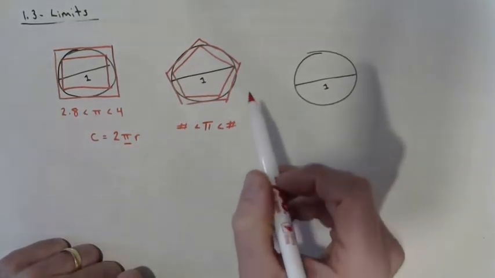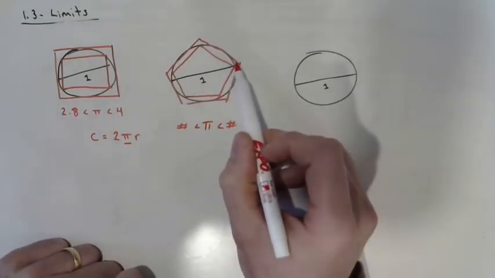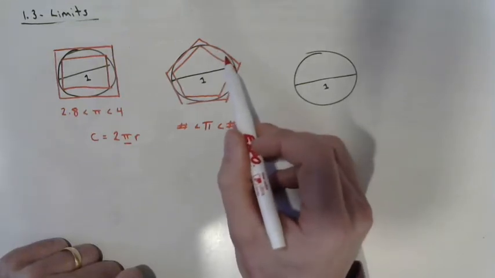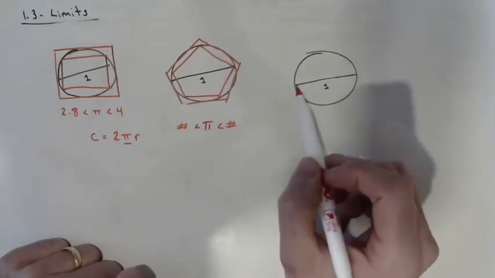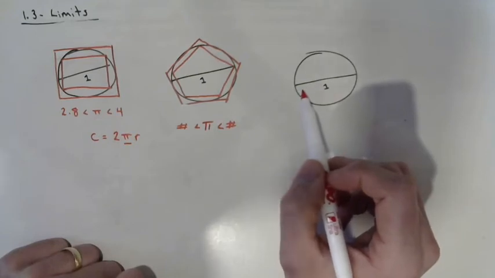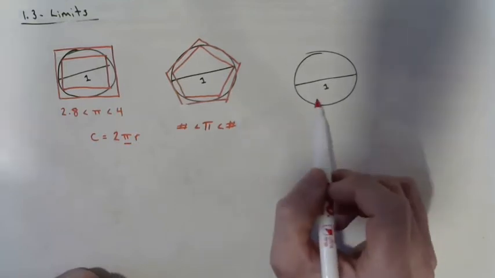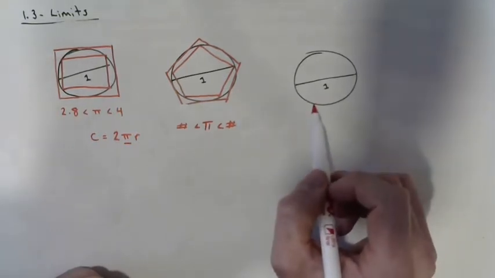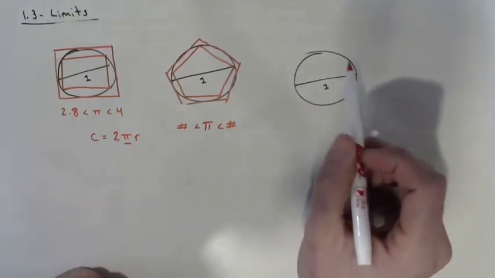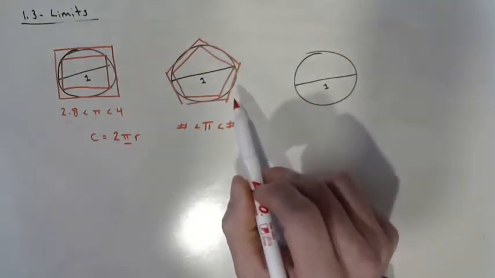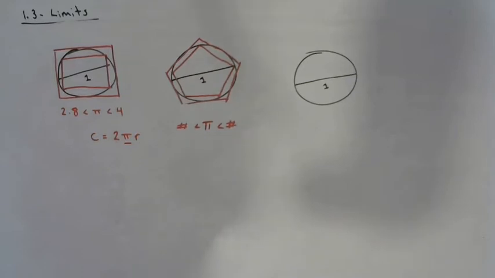And what he realized is that the more sides he gave his polygon, the smaller the sides became, and the closer they became to resembling a circle. As a matter of fact, a polygon can only be a polygon as long as it doesn't become a circle. Okay? So in that sense, the circle is the shape that limits a polygon. A polygon is limited by a circle. It's one of the ways we can understand the concept of a limit.